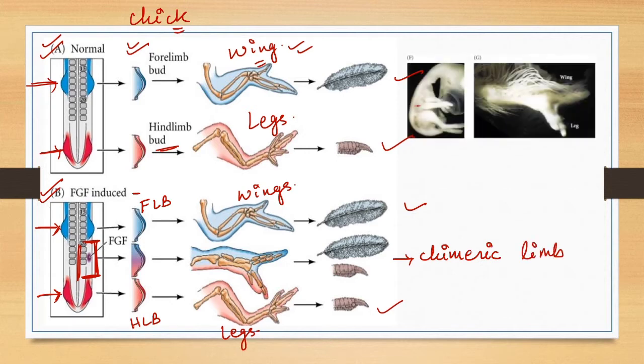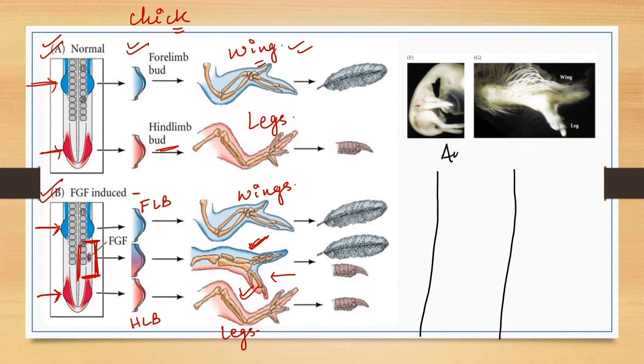So basically, if you see this figure, and if you try to divide it into two halves, one half of the limb was like a wing and the other half had the characteristics of a leg. Okay, so in the chimeric limb, the one half which is towards the anterior end, or towards the forelimb, has the characteristics of forelimb, and the other half which is towards the posterior end of the body trunk and towards the hind limb has the features of hind limb. So let's draw these three conditions.